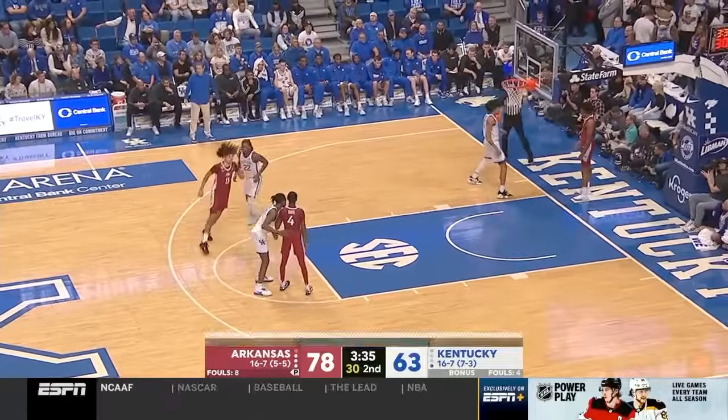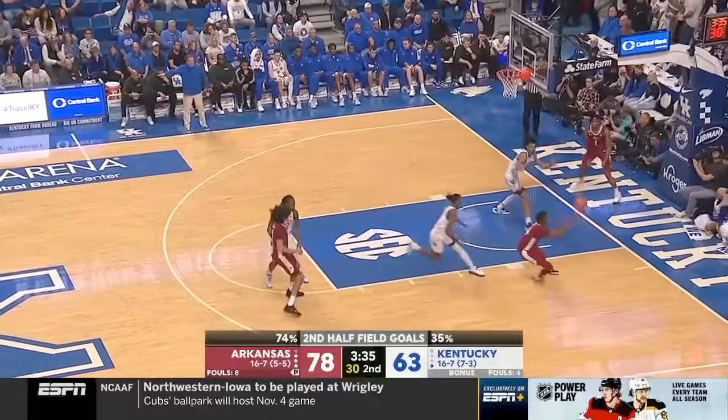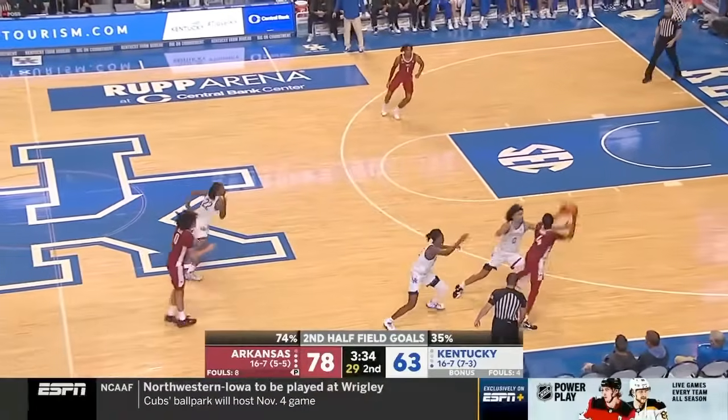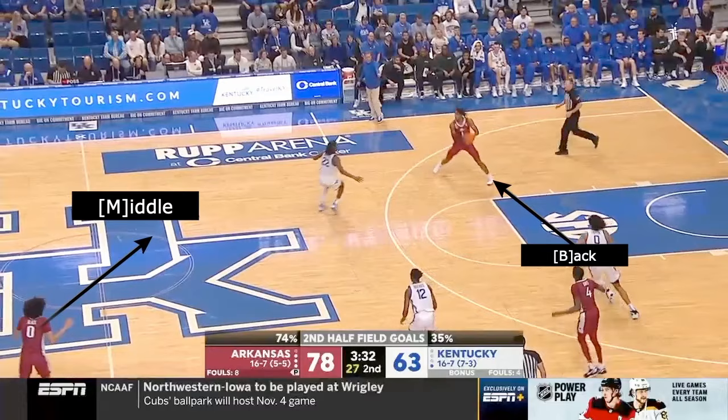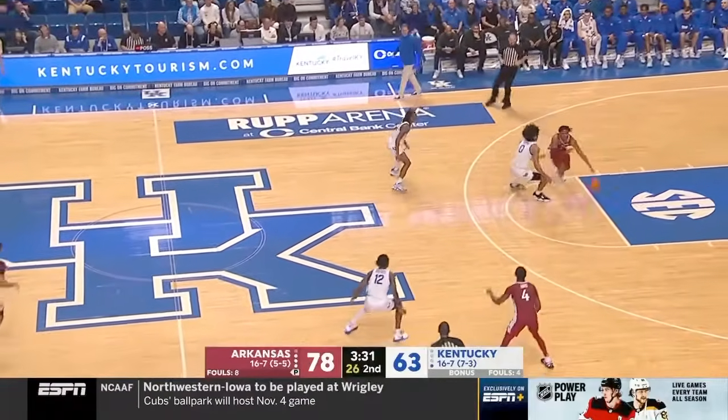The goal of the strong press is to turn you over. The goal of the weak press is to make you reverse the ball at least once. So they get the reversal, they're coming for another trap, and this is where you have to make sure you have your back man, and you need to flash middle and get someone to the sideline. Because Arkansas doesn't get to those spots,